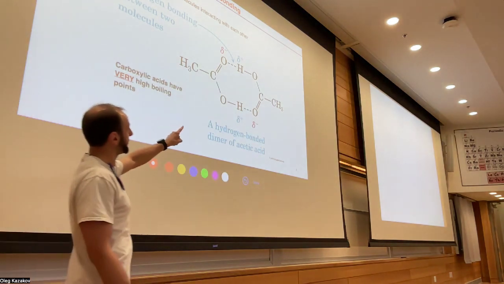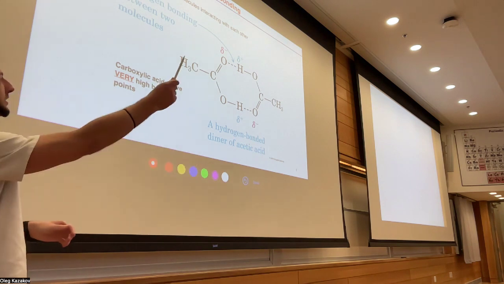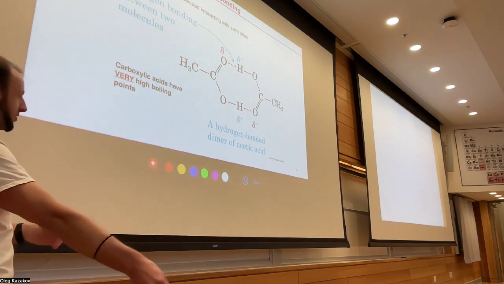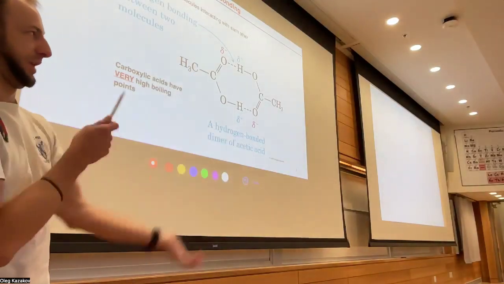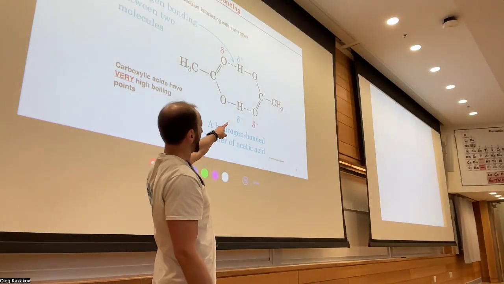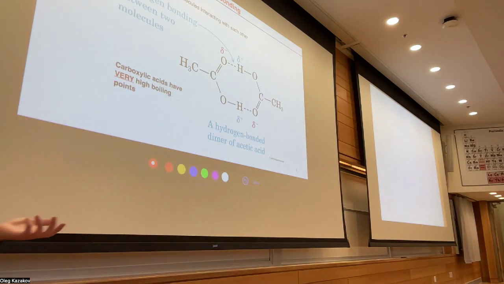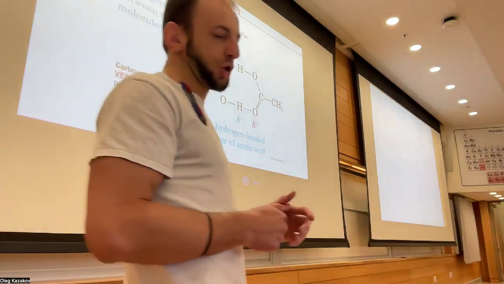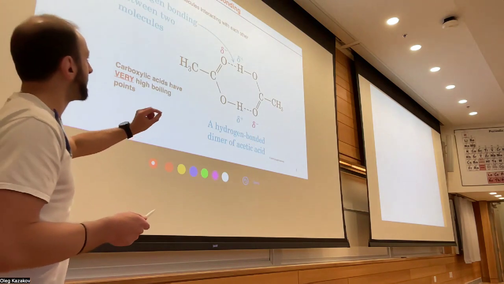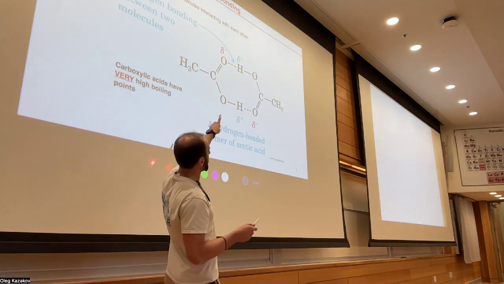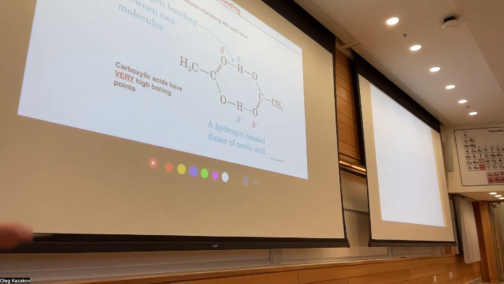So the first one will be a carboxylic acid drawn as such, in which case the carbonyl will point up and the OH will be pointing down. Then you will have the other acid, which will be flipped, quite literally. The carbonyl will be pointing down, the OH will be pointing up. This arrangement is convenient to show the hydrogen bonding, which will exist between the hydrogen of the hydroxy part of the acid